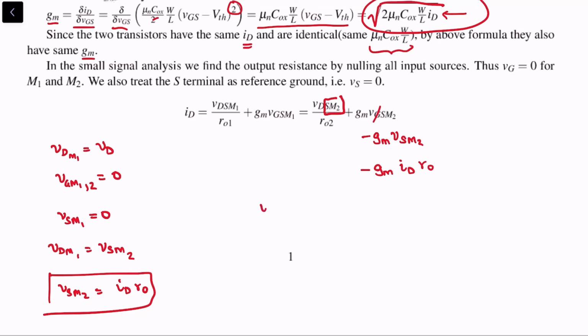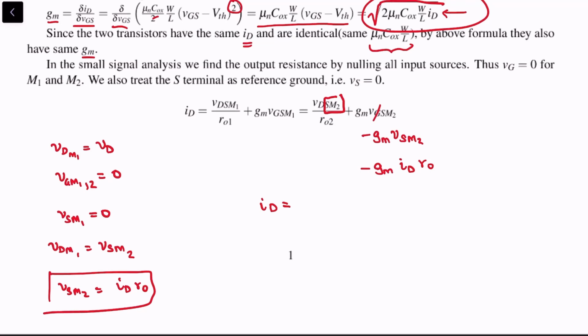So we get that ID is equal to Vd minus ID r0, divided by r02, and this expression just becomes this, so that is minus gm ID r0,